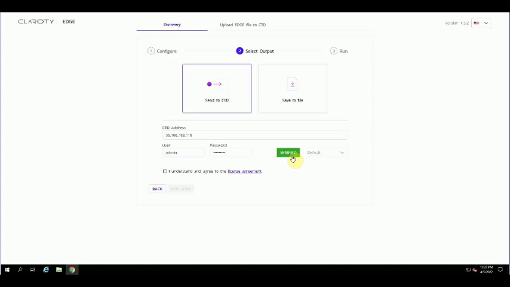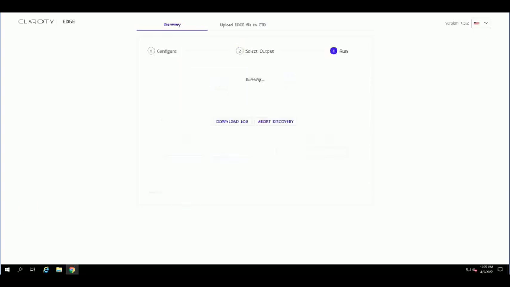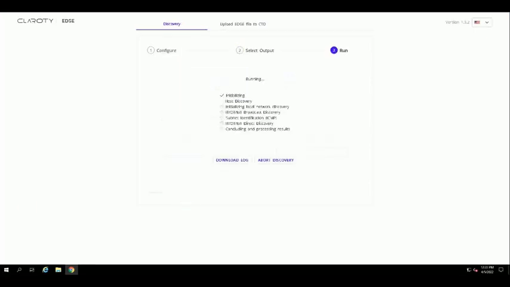When the credentials are verified, I know that the CTD machine is reachable. So now I'll agree to the license terms and run the query. From here, the workstation runs the query. This process normally takes around 5 to 10 minutes at most, depending on the connectivity status of the machine you